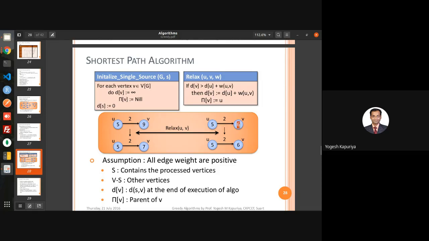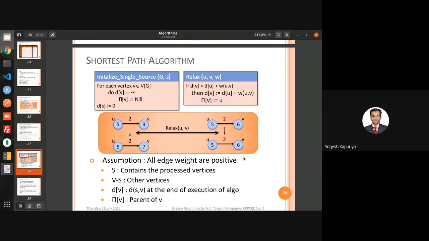The distance of v is currently 6, and we have a connection from u to v with a weight of 2. So if you relax this edge, then 5 plus 2 will become 7, but 7 is greater than 6. Because v already has a shorter distance via some other route, you will not consider this edge as a part of the shortest distance for v. So that's why this edge after relaxation will be ignored and the distance will not be updated. This is the term which the author is using.